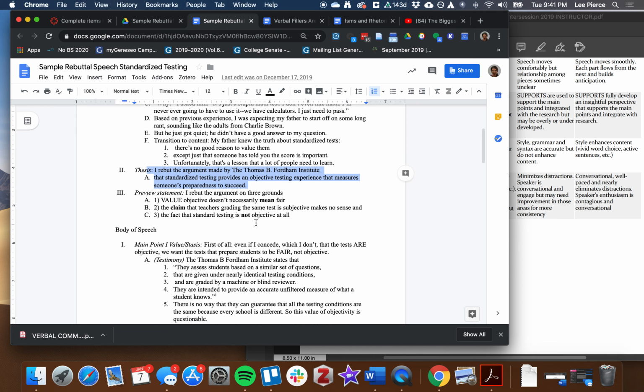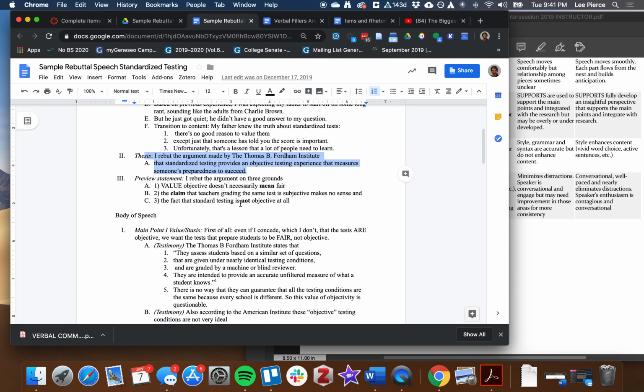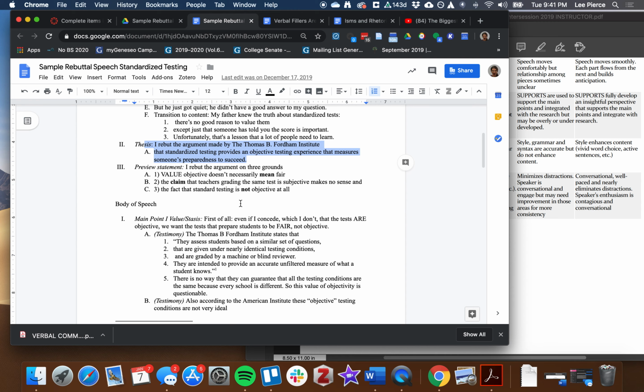I think people think it's the best we can do, and it's the only way to create the same set of standards sort of across systems. So when they wrote to me that this is really what they wanted to argue, I kind of said I don't love this. But they really wanted to do it. They really thought standardized testing was sort of like the devil, and they really wanted to argue against it, so